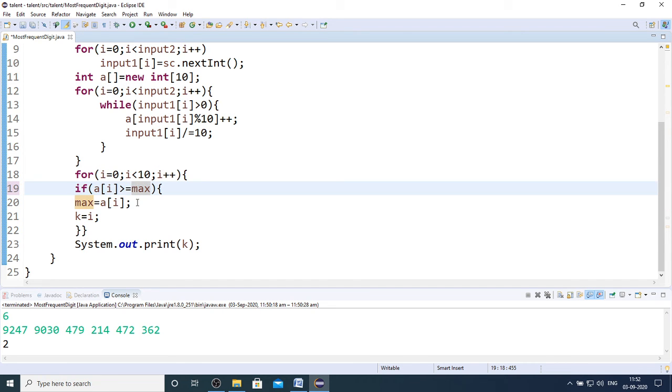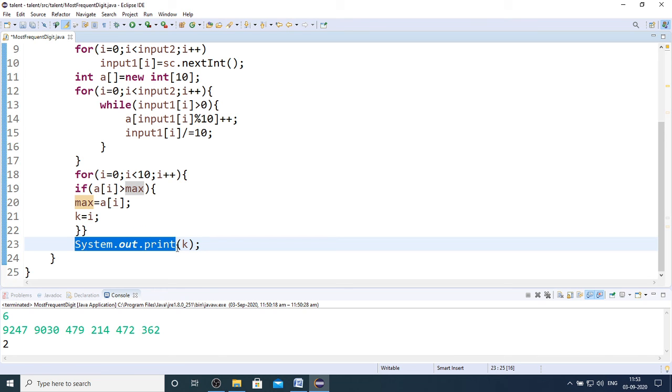As said, this is equal to that I just kept. As per the problem statement, you are asked to return the first occurred digit when you have multiple digits with the same maximum frequency. But if you are asked to return the highest digit, then you can just use this equal to in line number 19 of my code. And then finally I am just displaying that most frequently occurred digit. So you are going to replace this System.out.print by a return statement in the placement exam.